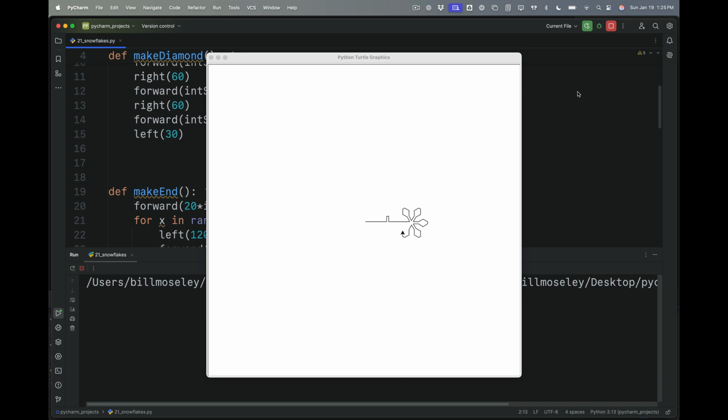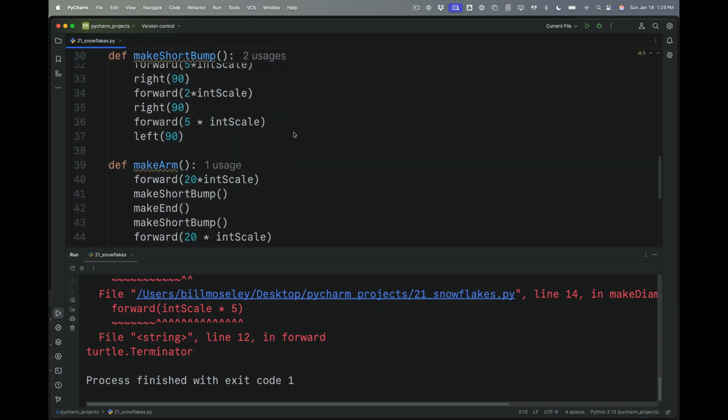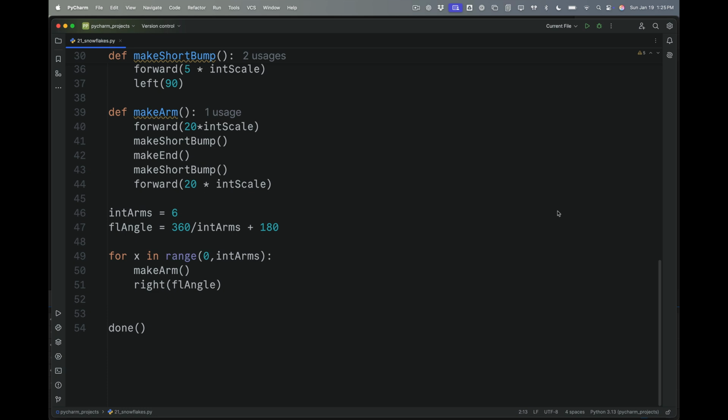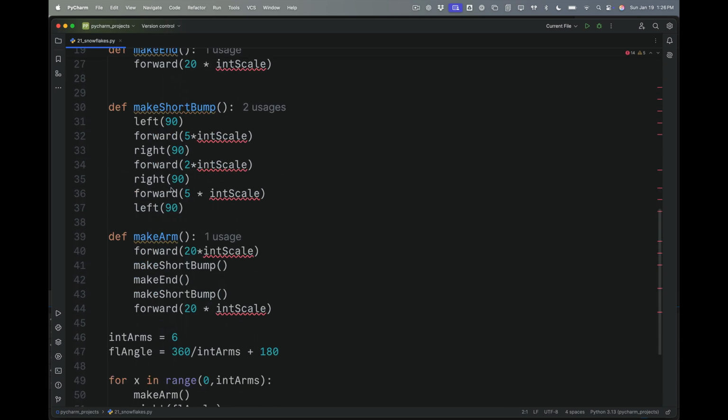Okay, so that's looking pretty good to me, size-wise, as far as the biggest ones go. And so now we just need to begin the process of drawing those randomly scaled snowflakes all over the screen. So that's kind of the deal there. And so this draws 1 snowflake. And so what we're going to need to do is introduce an element of randomization. And to facilitate that, I'm going to take this scale variable down here